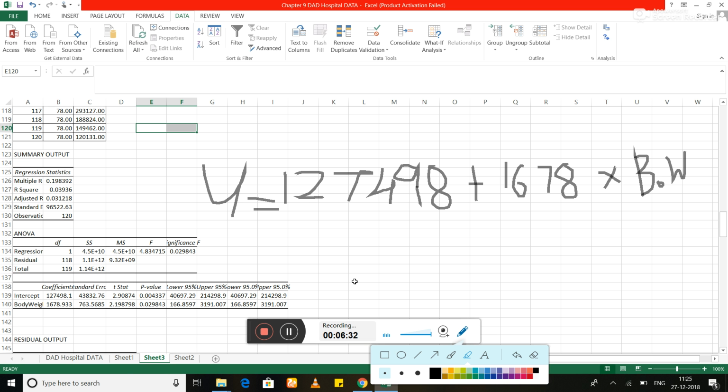Okay, so this is the way you start your regression problem, and then obviously to accept this model, to validate this model, you have to do a validation, which is done by seeing your R-square value, and going for your residual analysis, which I'll be putting out in the next video.